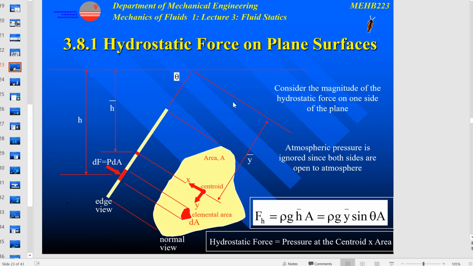Hydrostatic force on submerged surfaces is divided into two types of surfaces. One is plane, another one is curve. So before we proceed with both surfaces, we need to know how we get the hydrostatic force equation. The hydrostatic force equation actually comes from